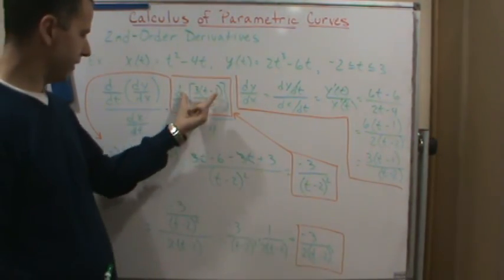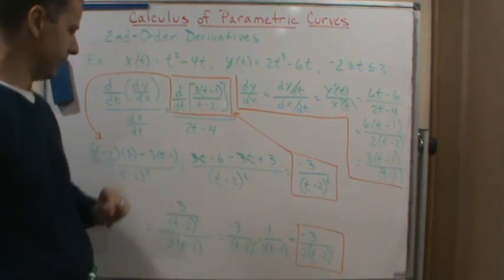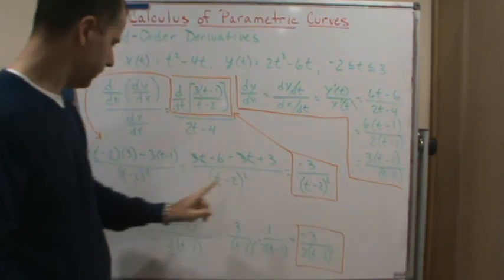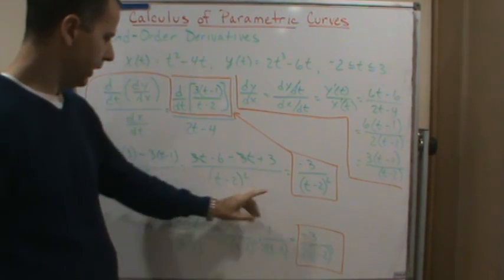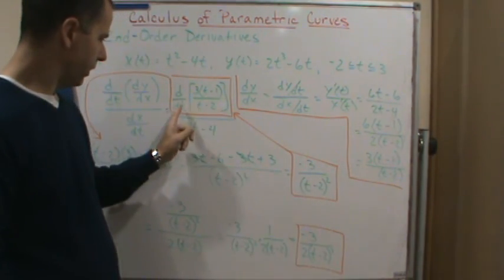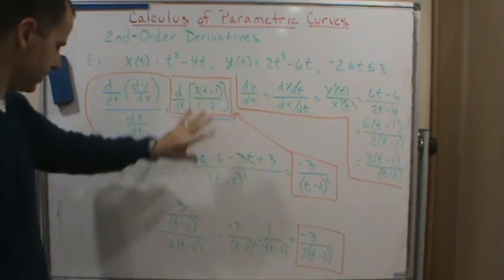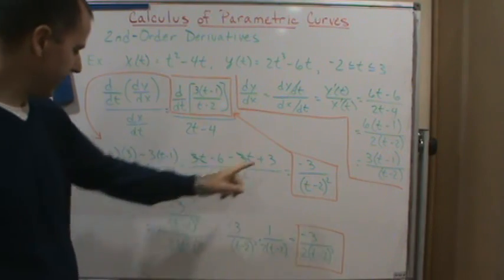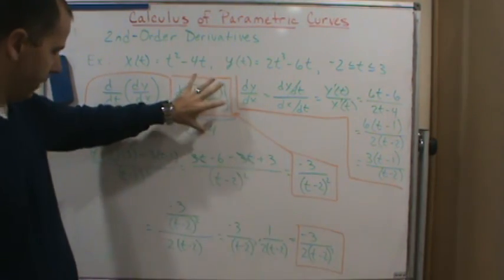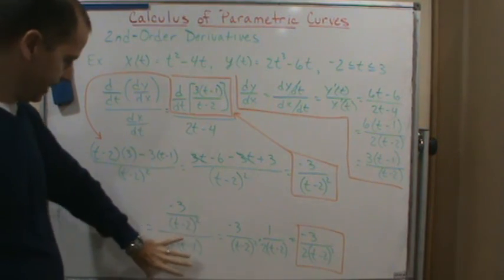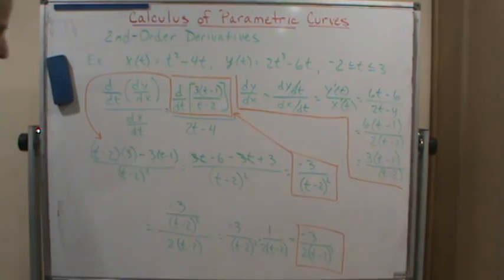Now I'm going to take the derivative of this thing with respect to t. That's what I did here, and I got this, right? So I used the quotient rule, I got this for this, so then I plugged it in. Then this comes down to this. So that's what I did. With this substitution here, I come down to here, and now I simplify to my final answer,